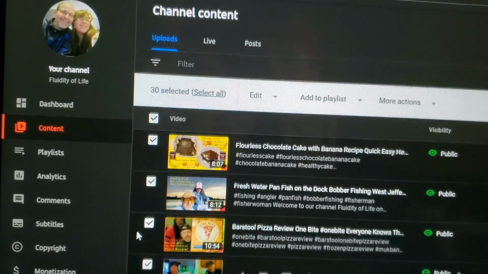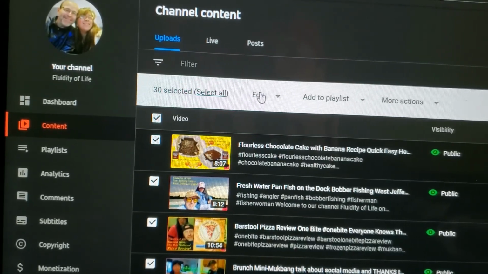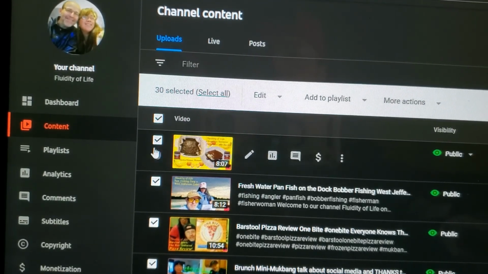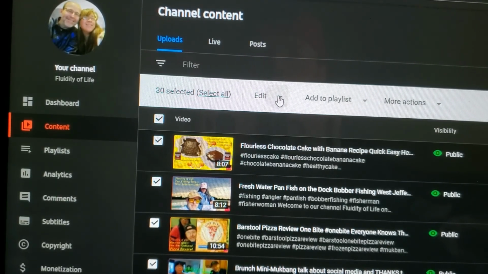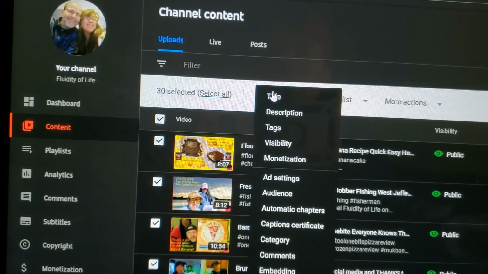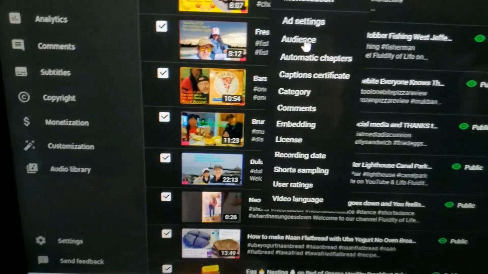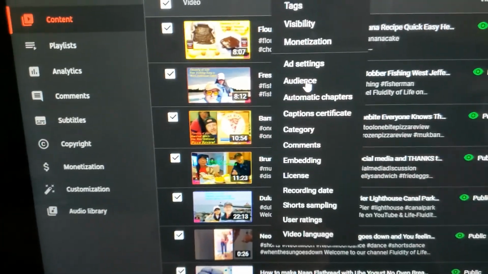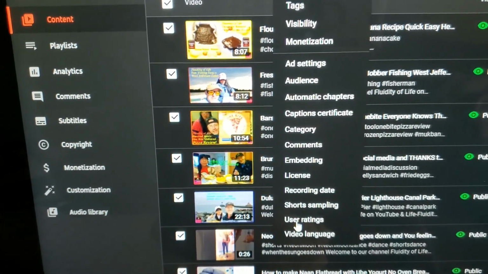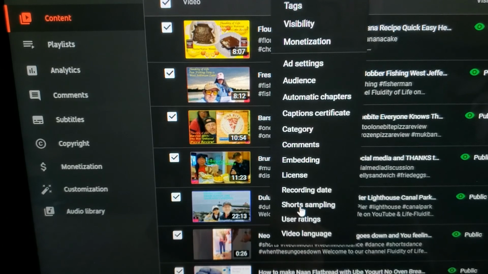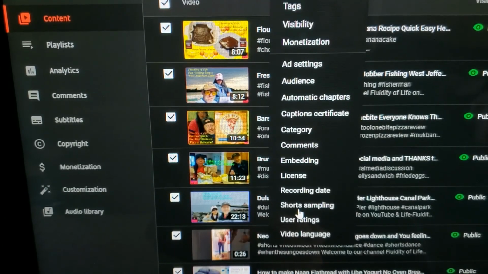So in here you can go to your editing. Once you got them clicked, whatever ones you want, you can click to your edit, and then right down there's a little thing called your short sampling. If you want these on or off, you can go here, you click here, click your short sampling,